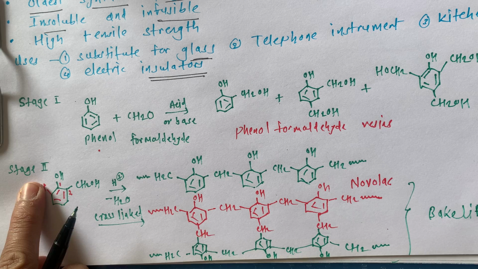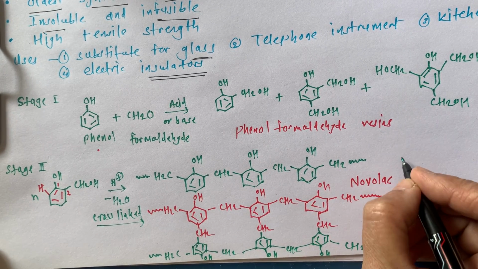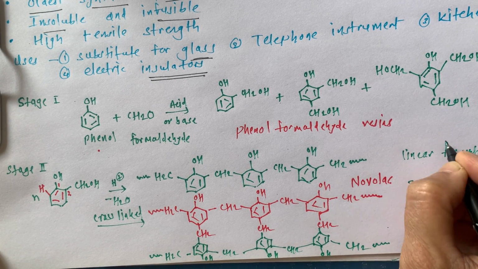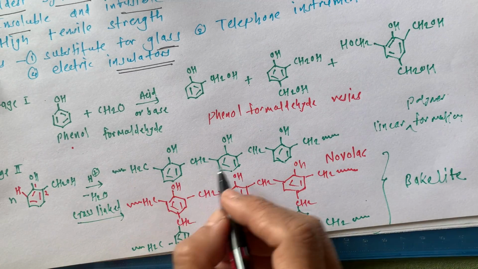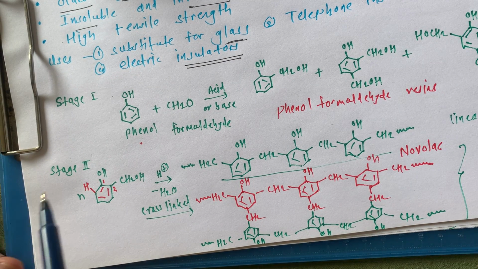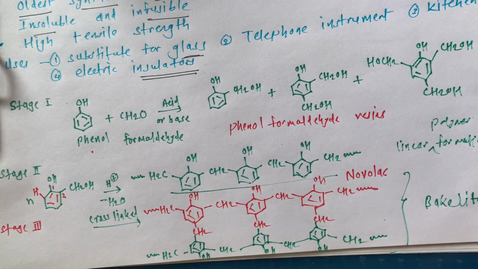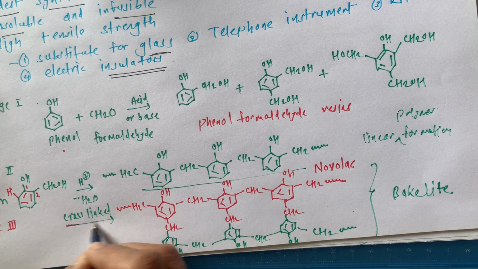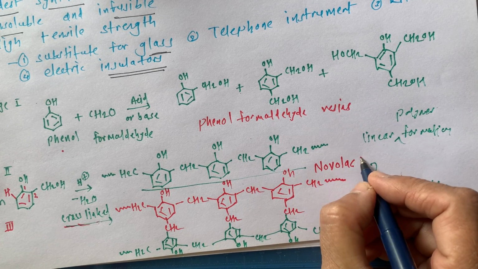Then in stage 2 there is formation of a linear polymer. Stage 2, linear polymer formation. See, it is linear polymer formation. But what is going to happen in stage 3, if you provide heat and specific reaction conditions? Then there is cross linking. This is important. First it is a linear polymer, which is called novolac,